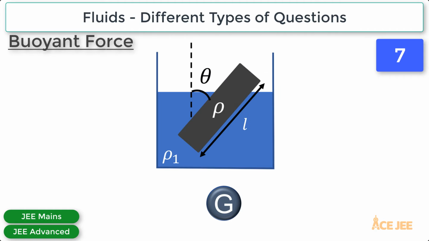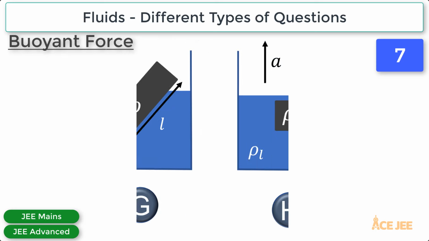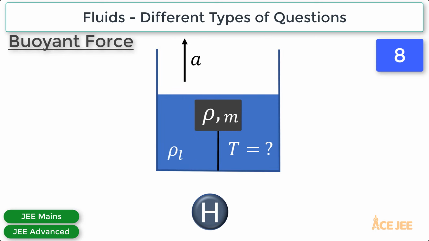In the seventh one, you have a tall object that is floating in a liquid, and you will need to determine the torque exerted on it on account of the buoyant force when it is displaced by an angle theta from its vertical position. In the next one, we have an object submerged in a liquid which itself along with the container is accelerating upwards. Here, you will need to carefully write the Newton's second law to determine the unknown, say the tension in the